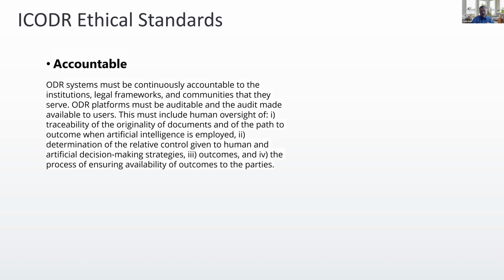Three, outcomes. And four, the process of ensuring availability of outcomes to the parties. So these four elements must be included in the audit information made available to the outside auditors. And one of the reasons why we specifically reference artificial intelligence here is because if there are